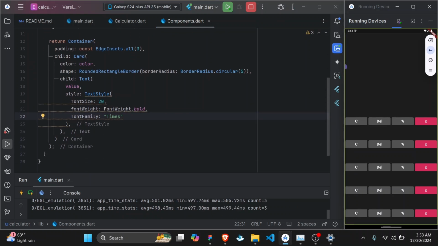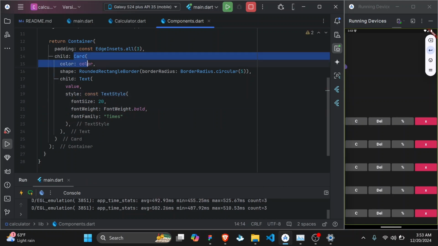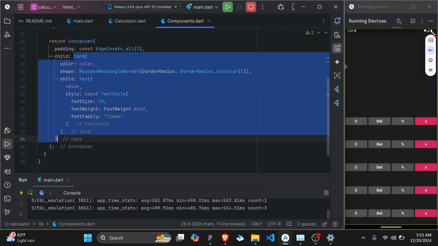What else are we remaining? Okay, these are constant. Oh, we forgot to add a gesture indicator. So